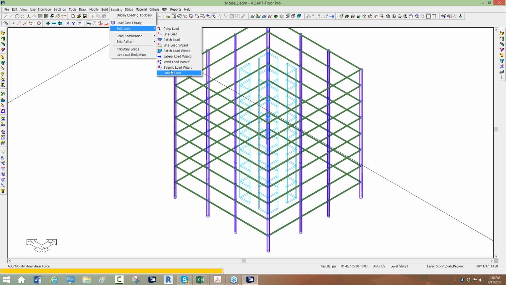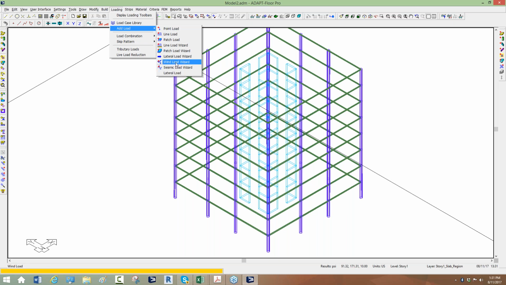So we realize that that's not super useful in some areas of the country or globally for design, but it is useful in other areas. So there are options here to use our wizards to generate those loads in the software. We also have a generic option that could be any load, but it's based on story force, and it is the way that we assign and calculate seismic loads in the program when we use the seismic load wizard. So these two functions are essentially based on the same underlying methodology, or let's say programmatic